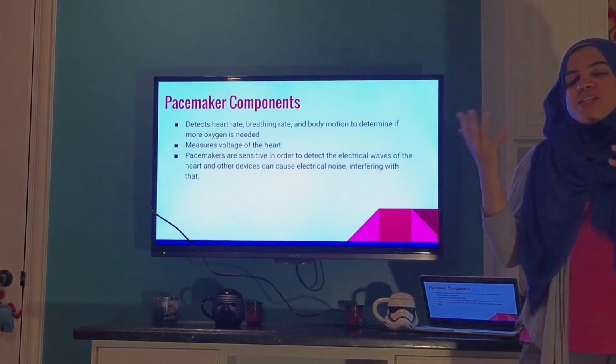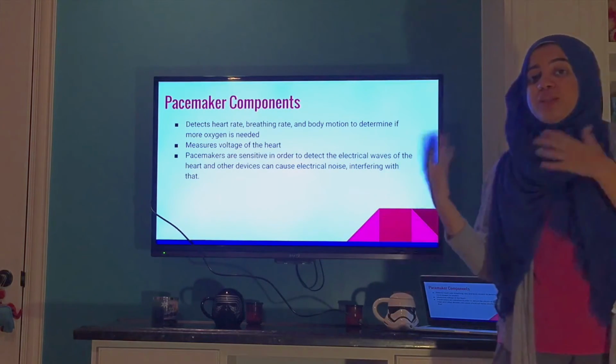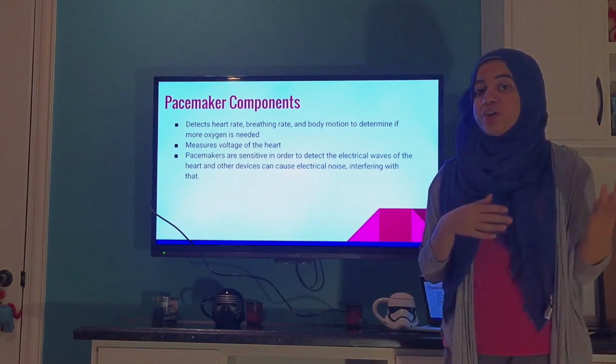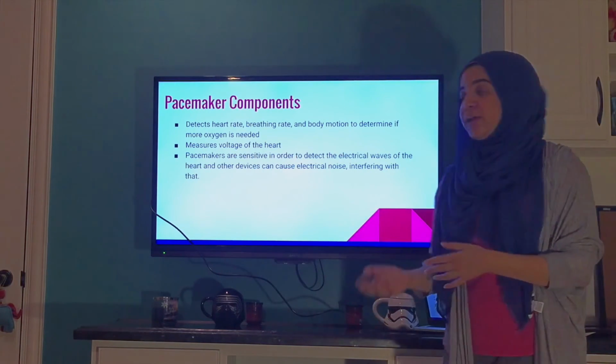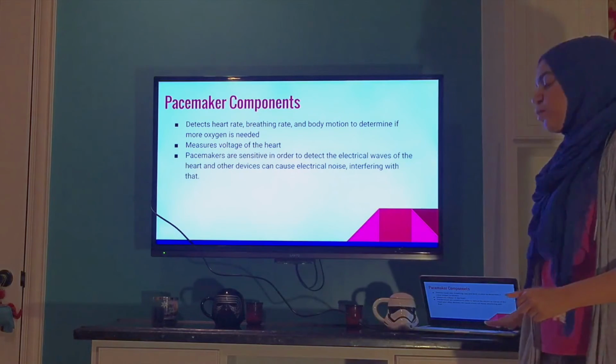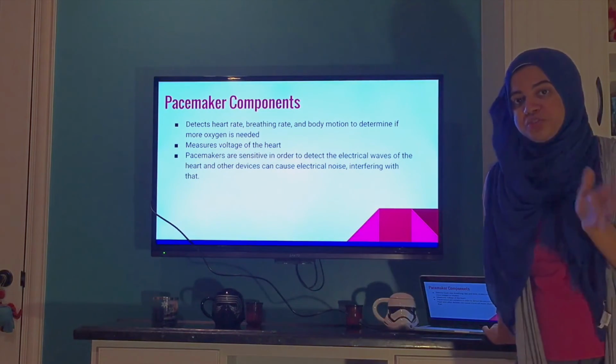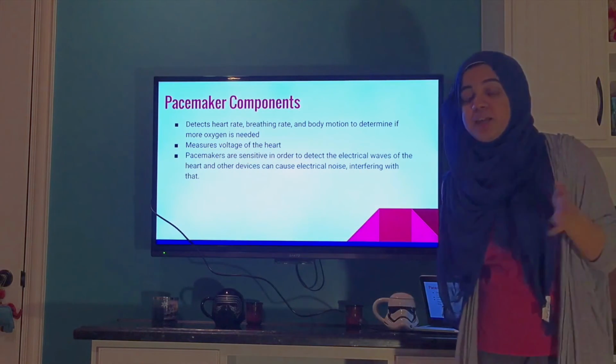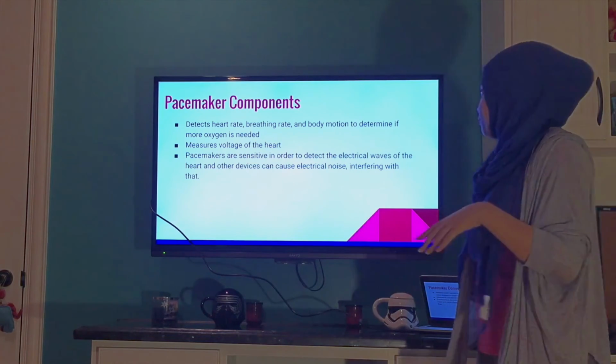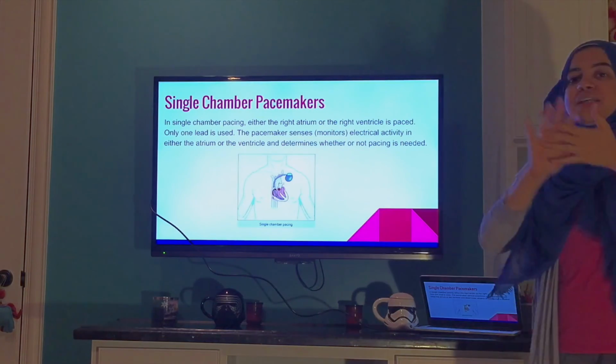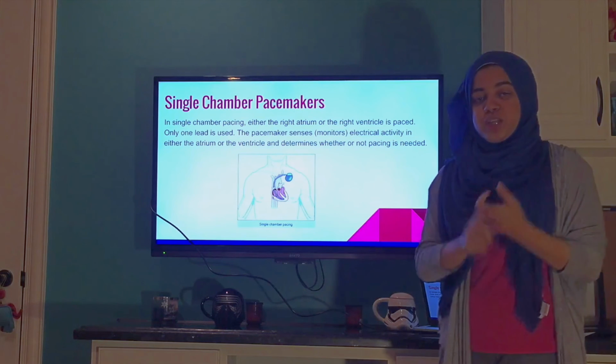Because it's so sensitive, other devices can really easily interfere with the pacemaker's functions, and we will talk about that later in the presentation. Electrical noise will interfere with the pacemaker's ability to send electrical impulses to the heart. There are three types of pacemakers. There are single chamber pacemakers,